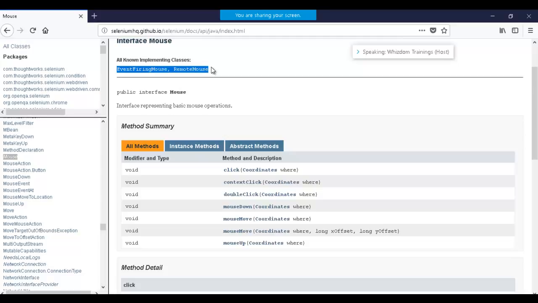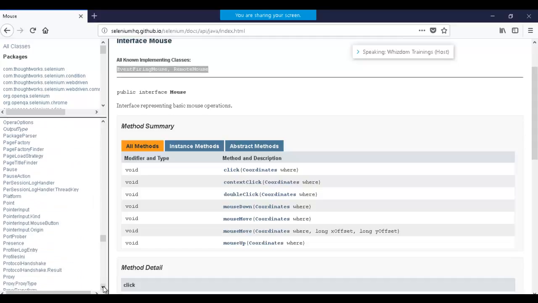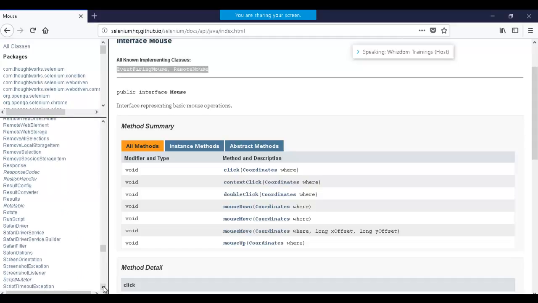You can use them to perform mouse gestures. Alright, this is how it works. You have to read the documentation. Whatever is written in italics is an interface. Now if you scroll down, hold on,